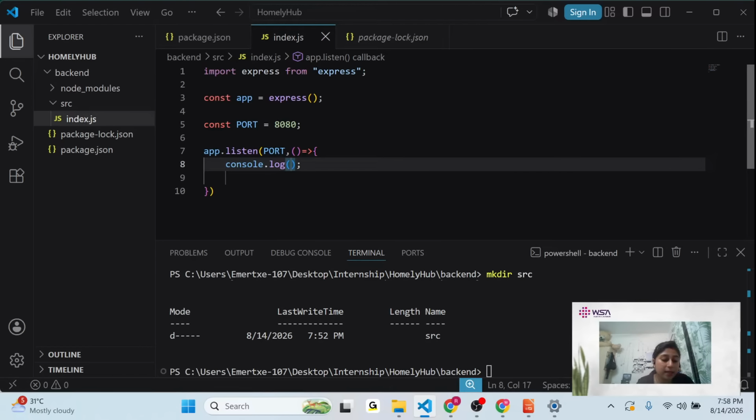Now, the backtick is on your left top, before one key on your keyboard. Before that, we have the backtick. If you are getting an error, please take a screenshot and put it in the discussion forum, and I will check there. Backtick, this is not the single quote. Now in a backtick, we can give the string value and also the actual value. Like, see, app is running on